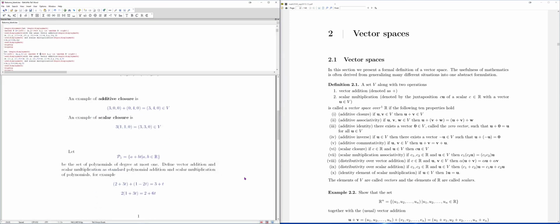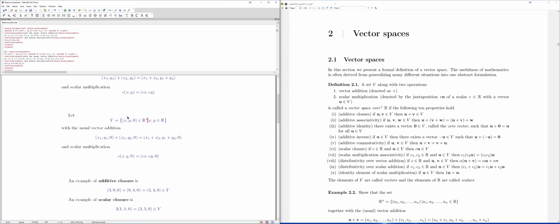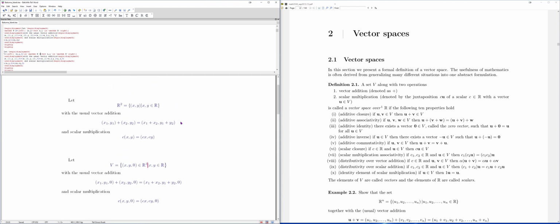Okay, so the point is, once you have an object like this, a set consisting of vectors, and you have vector addition and a scalar multiplication defined on it,